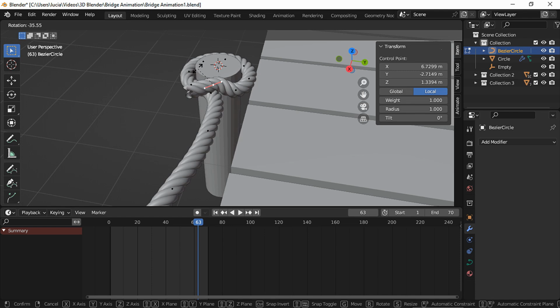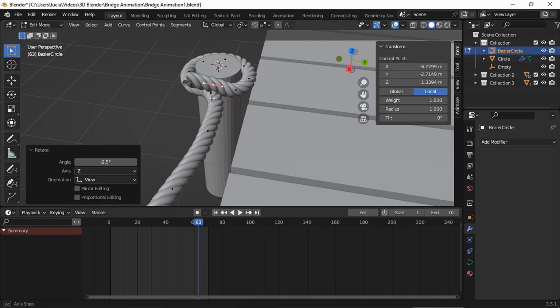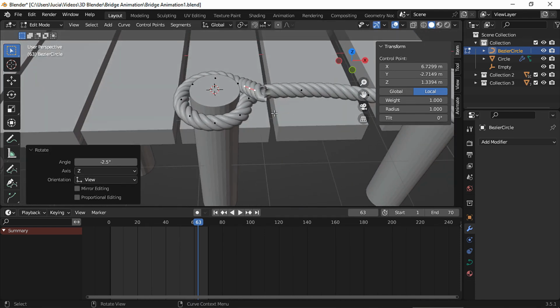I decided to create a knot on both ends, but you could make a more simple shape.